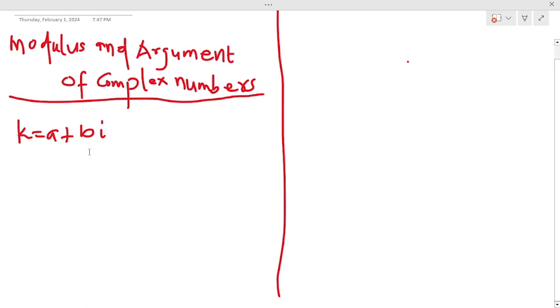In this tutorial, I will explain the concept of modulus and argument of a complex number in a way that